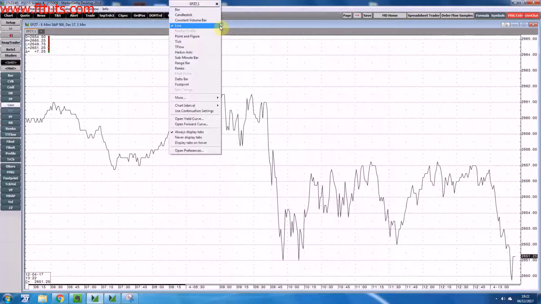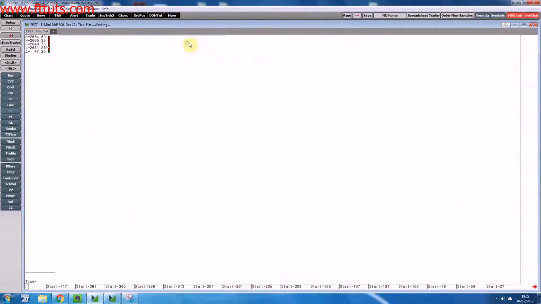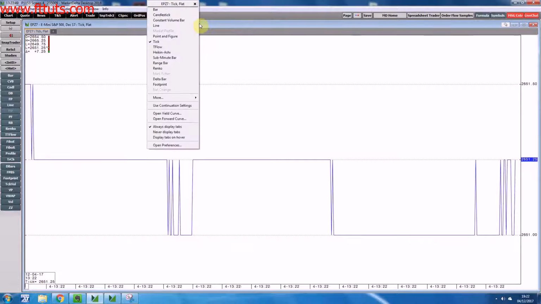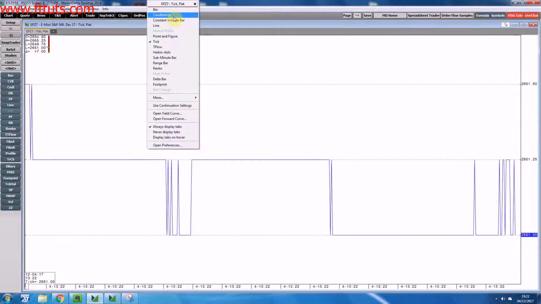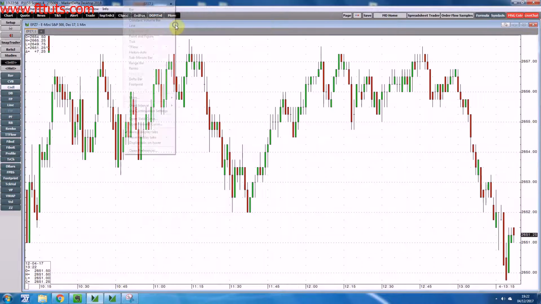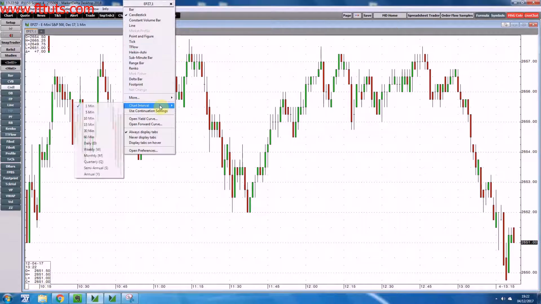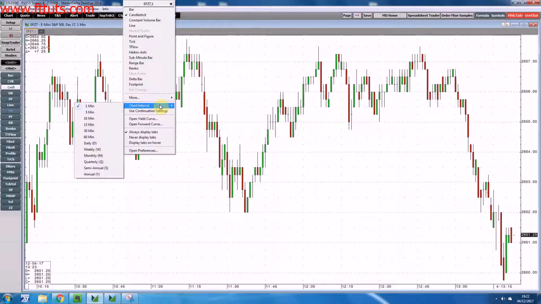So we can turn it into a line chart, we can turn it into a tick chart, we can do any number of things with this chart simply by right clicking on the bar above. Okay, in terms of what else we can do, obviously, we definitely want to be able to change chart interval. So this is where you do it. Right click on the top bar, come down to the chart interval, and